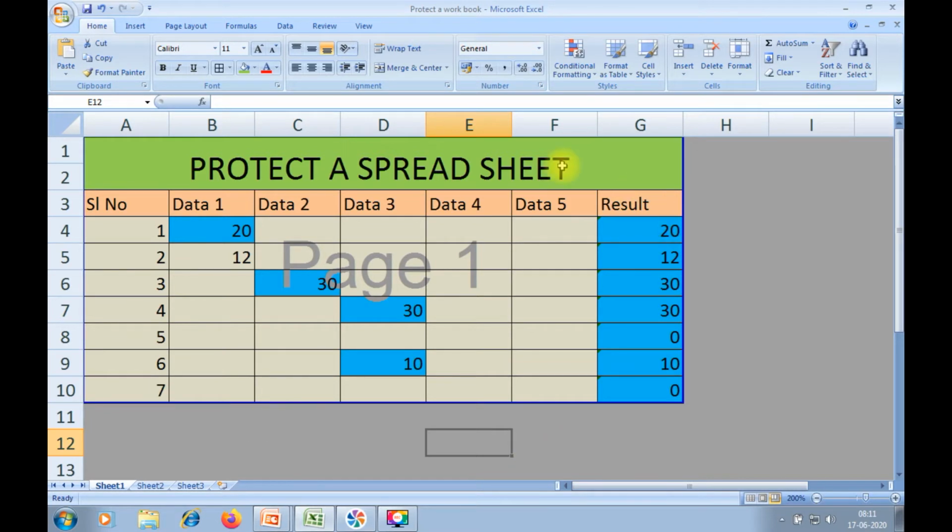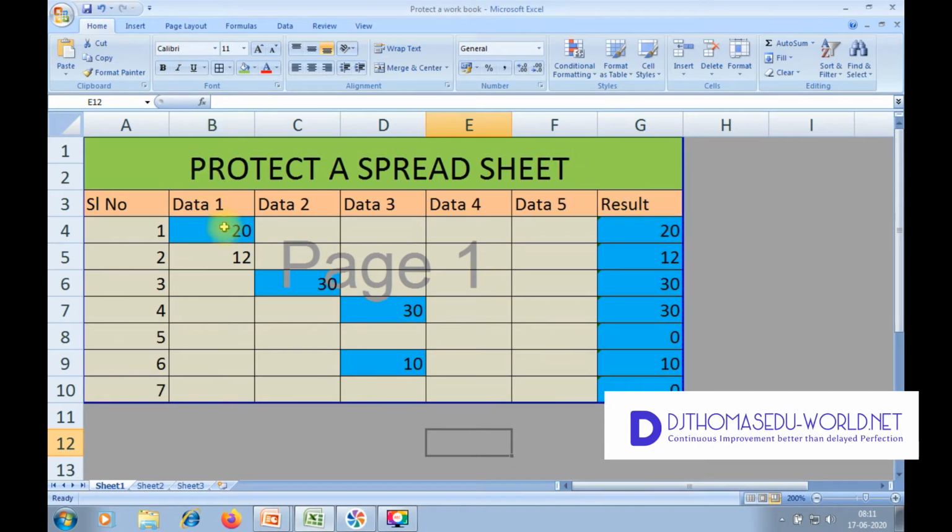Here I have data entered. The primary objective is that the blue cells, which are highlighted in blue color, should not be allowed to make any changes. Whatever data is entered in them should stay as it is, and if I try to overwrite it, it should give an alert message.